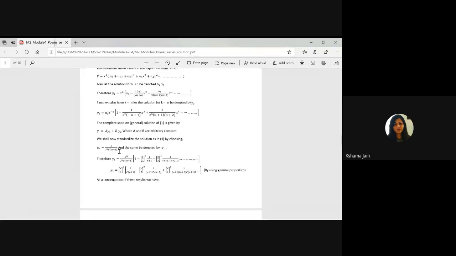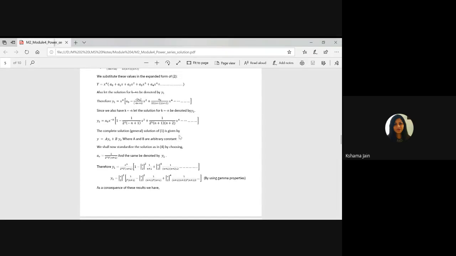This is not required actually. Not required. This is the different case, Bessel's function. Till here, y equals a y1 plus b y2, where a and b are arbitrary constants, is your power series solution of Bessel's differential equation. Same pattern only, not a different pattern. So this is your power series solution. The particular one I will take in Bessel's function. This is Bessel's function. We will discuss it later. First, you should understand what is power series solution.